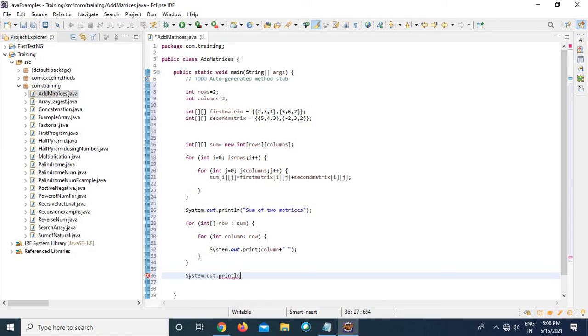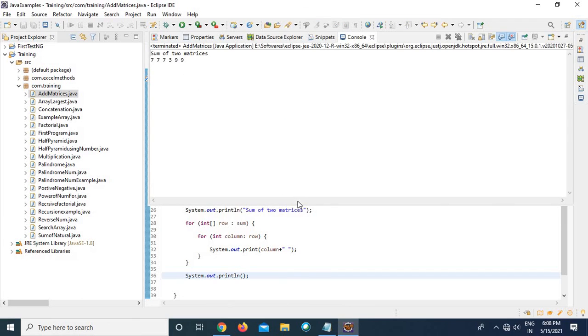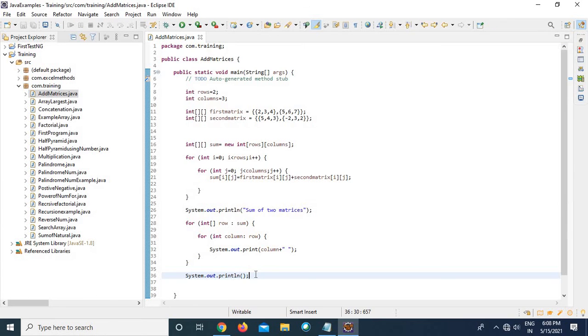So I am making use of the System.out.println statement, and finally if you run this program, you will be able to see the addition of these two matrices. Let's see how the output will come. If you see the output, 777, 399, we have got everything in a single line.